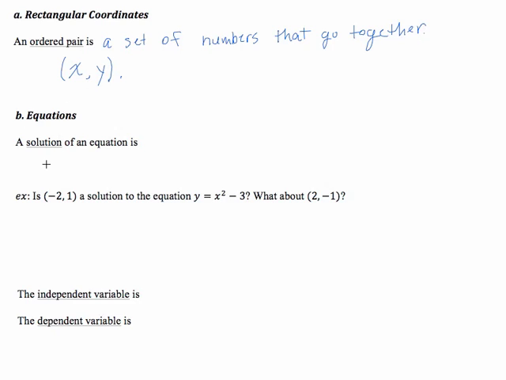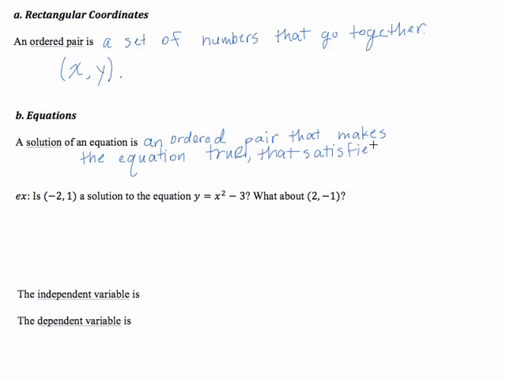So a solution of some sort of equation, an equation first off is something like this that relates two or more variables, x and y, and a solution is an ordered pair that makes the equation true. Or you could say that satisfies the equation. So for example,